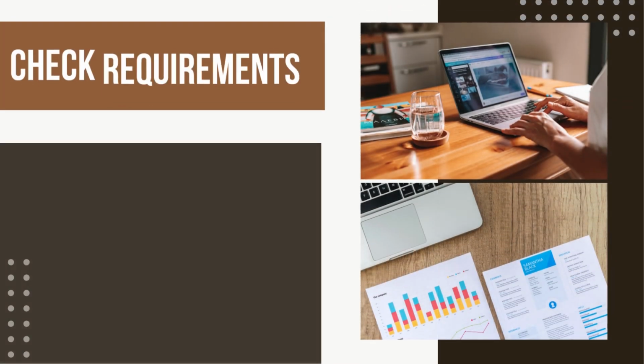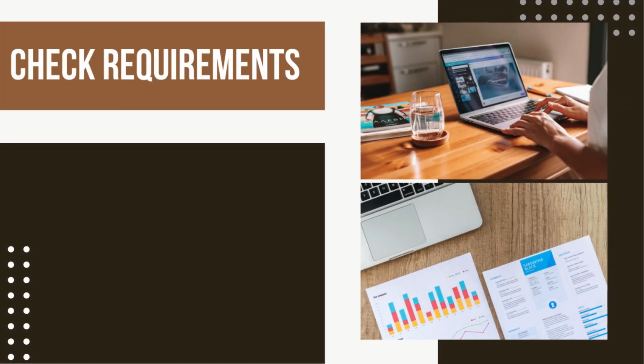For the last one, check your requirements. Have specific guidelines for title length and format. Research paper titles should be concise, informative, and within a specific word count, generally 10 to 12 words or less. They should clearly convey the research topic, scope, and key findings without being overly wordy or using unnecessary jargon.